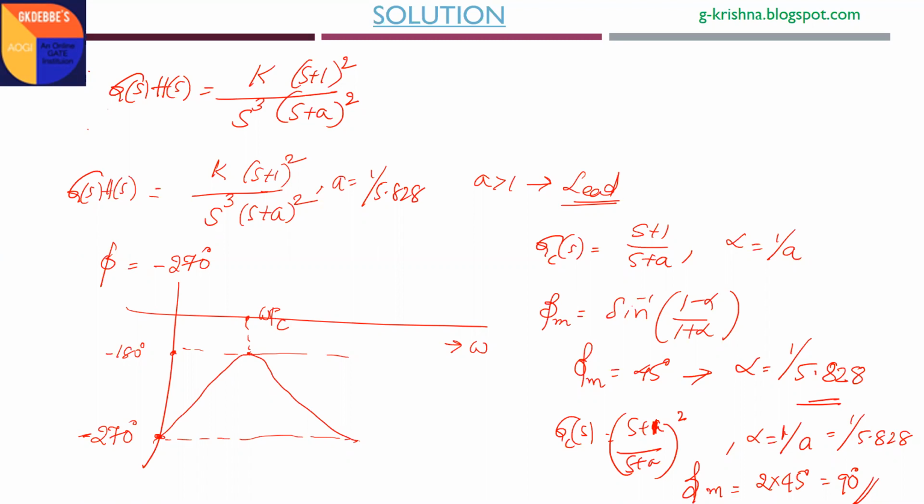Therefore, if you want the phase plot to cut minus 180 degrees two times, the root locus plot will definitely cut the positive imaginary axis for two values of k. For two values of gain k, the system will be marginally stable. That means the two lead systems should provide a maximum phase shift greater than 90 degrees. If you want a phase shift greater than 90 degrees, each one lead system should provide an angle greater than 45 degrees.